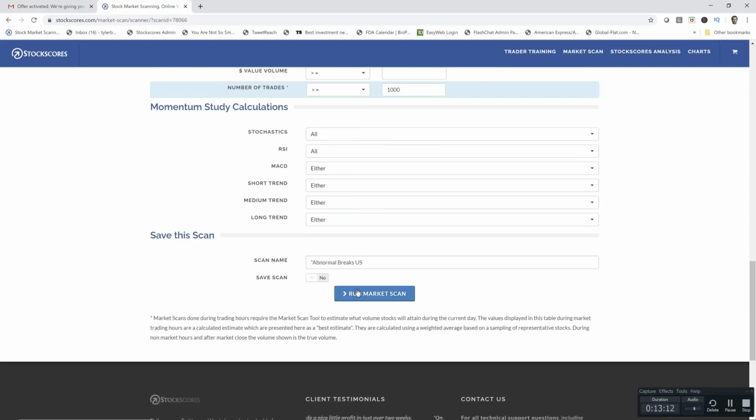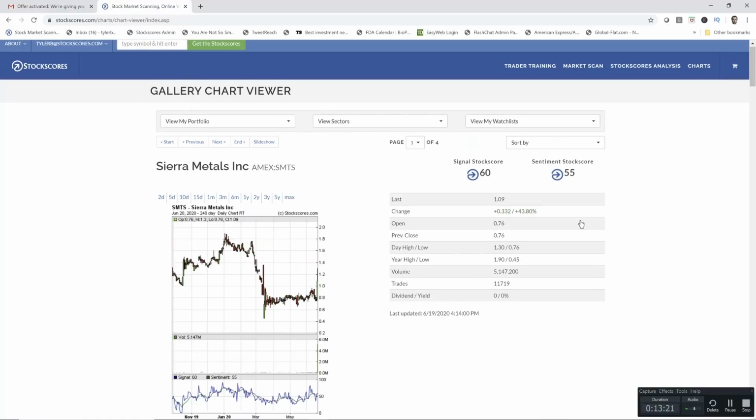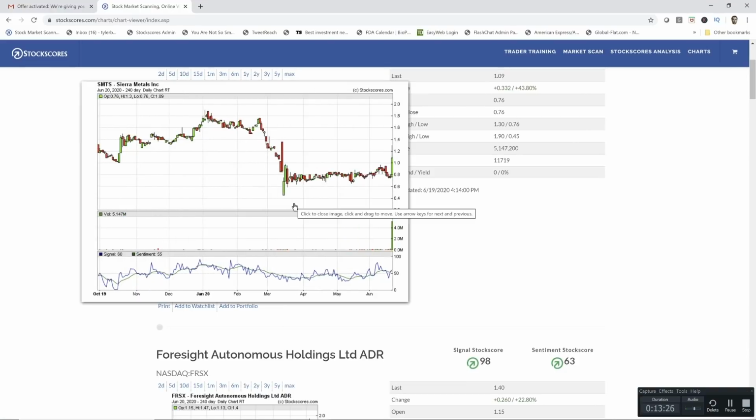So I just click on Run Market Scan. It goes through every stock listed in the US, and we'll take a look at maybe a couple pages worth here, see if there's any good opportunities. Now, just because a stock is found with the scan doesn't mean it's good. We still have to apply basic chart pattern recognition, the sorts of things that I teach in the investor course